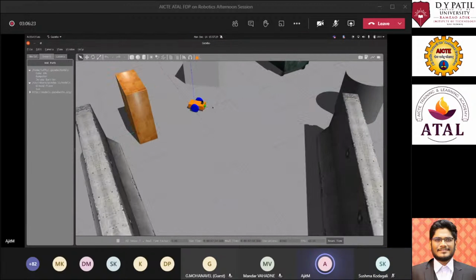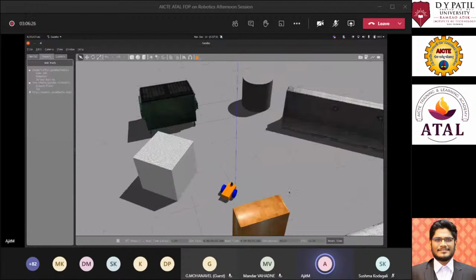So this is what I had planned till now. One thing which I was thinking about was implementing a SLAM algorithm. Let's see if we are able to implement it.